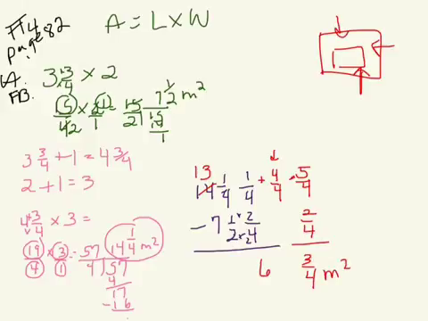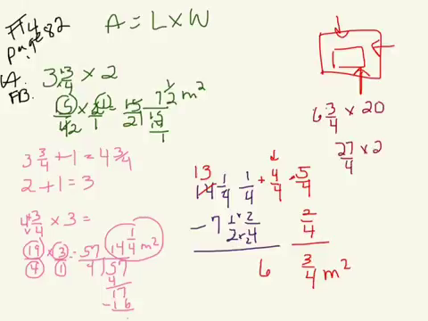But I'm not done yet. It costs $20 per square meter. So how much is this going to cost me for this border? Change colors again. Sorry, it looks like I'm all over the board here. So now I have 6 3/4 times the $20. 6 times 4 is 24, plus 3 is